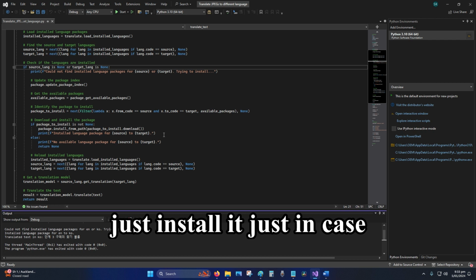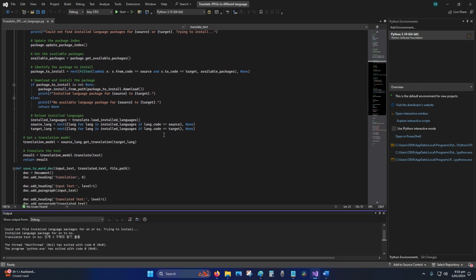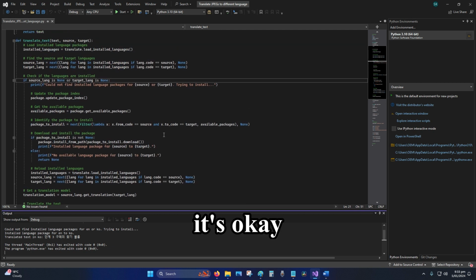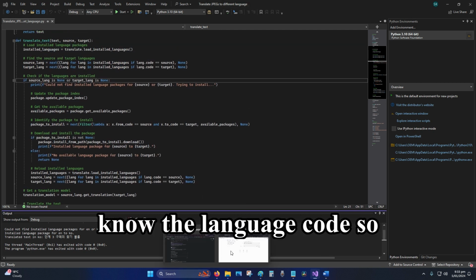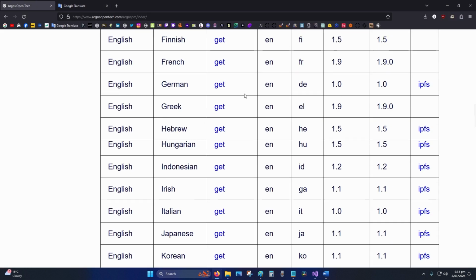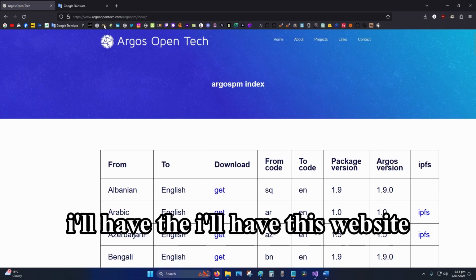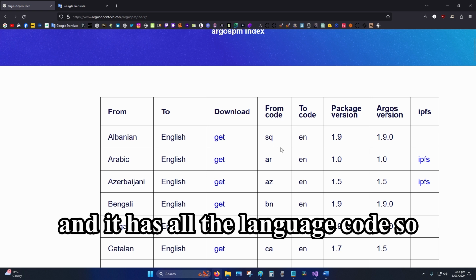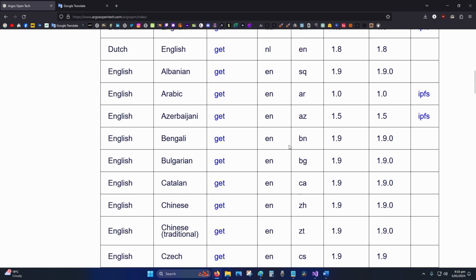Just install it just in case. And the languages package, I think if you don't have it, it's okay, but you do need to know the language code. So I'll have this website, Argos Open Tech, and it has all the language codes,